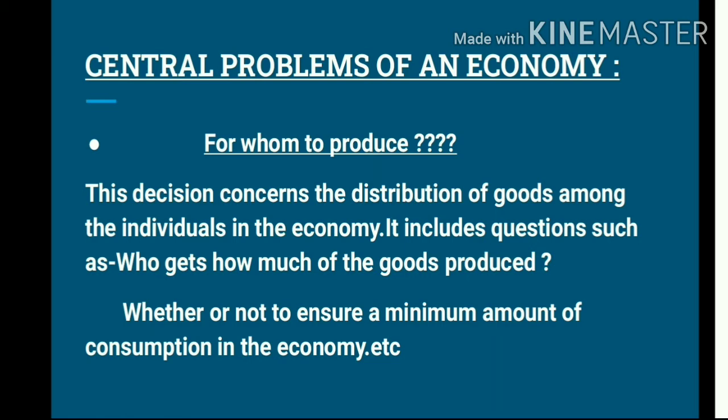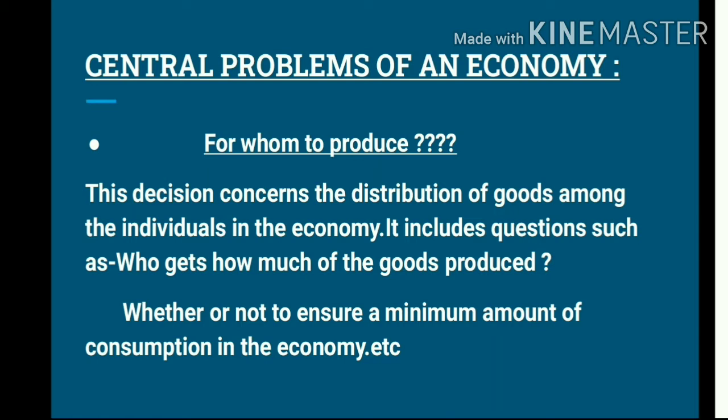Once we have made the decision regarding what to produce and in what quantities, and once we have also decided which technology to be used, that is how to produce, the next important question that a society should answer is for whom to produce these goods. That means once the goods are produced, how the goods should be distributed,